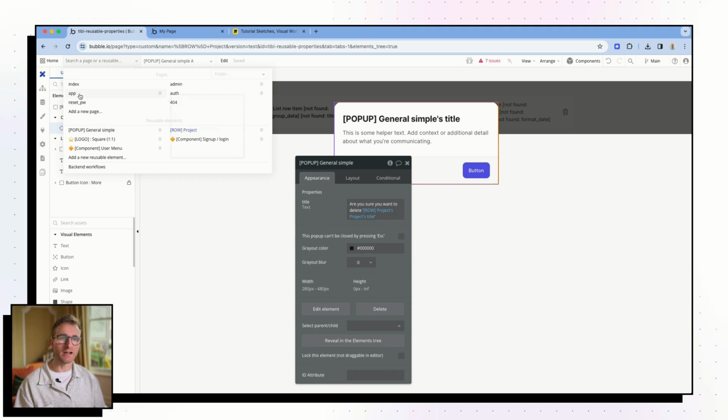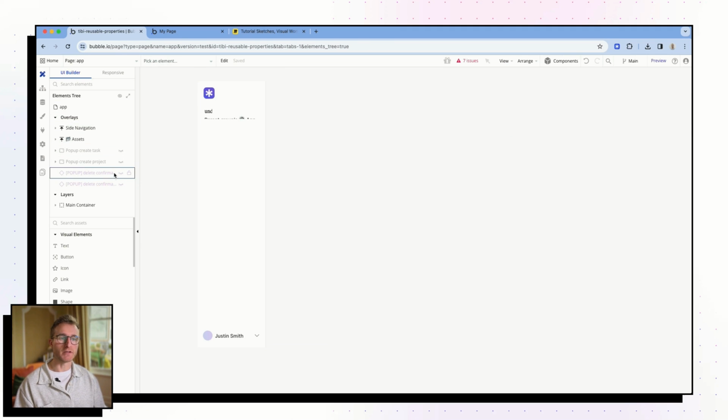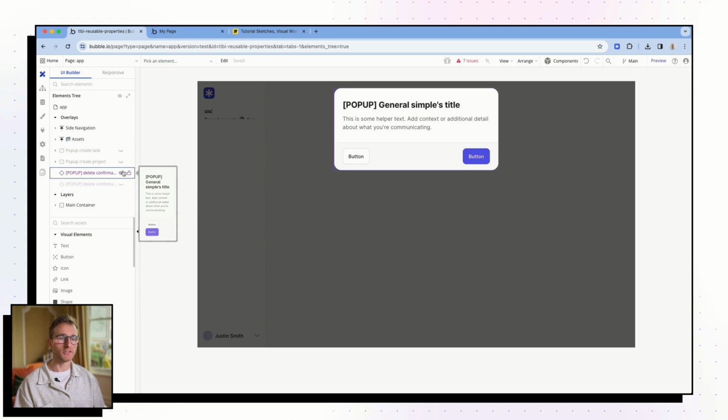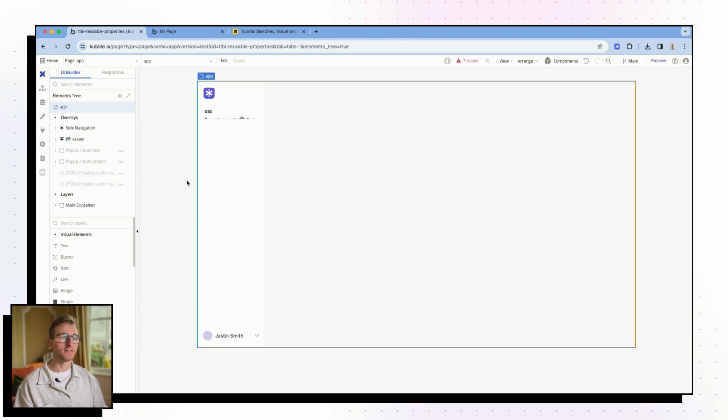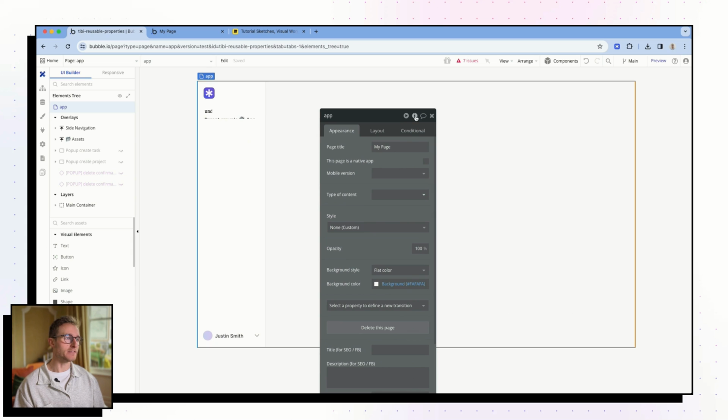If you're just starting out and just getting a feel for this, then I'd recommend going for an approach like this, where you have your two pop-ups, your two instances of the same reusable on the page. But you just need to store what you're handling somewhere, and the easiest place to handle that is in a custom state. I always like to store custom states on the highest level in your element hierarchy. So in our case, that's this application page.